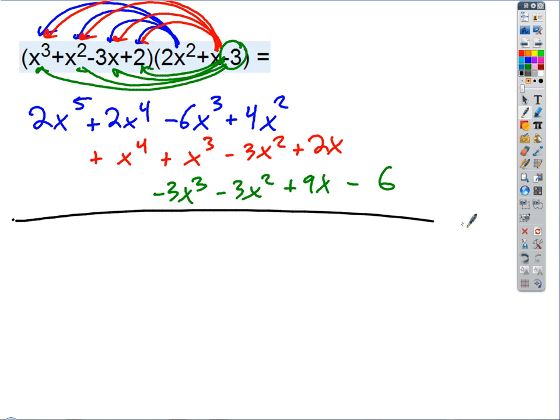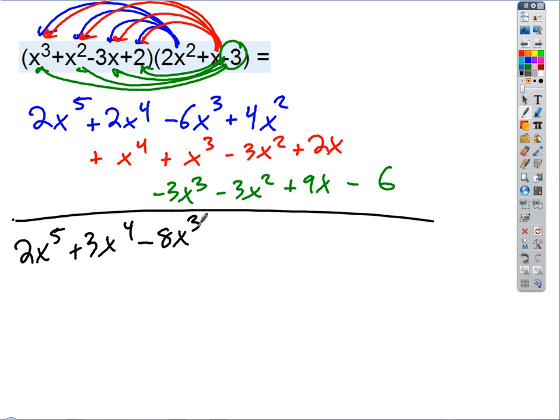If you line them up vertically like that, to me it just seems like an easier way to organize it when you have a big string of numbers. When you're trying to cross those off horizontally, it's so easy to just forget one, right? So then we would just get 2x to the 5th plus 3x to the 4th minus 8x cubed,